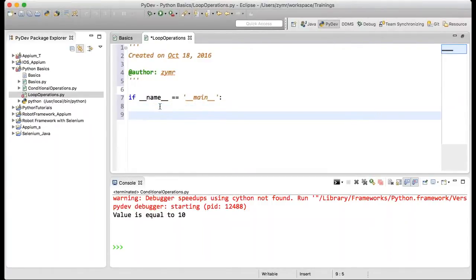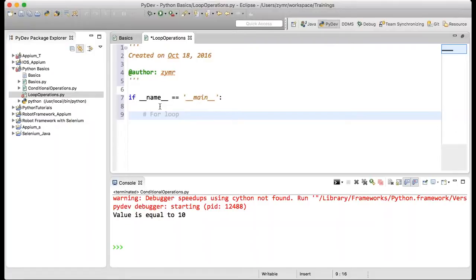Now we have to understand the for loop first. We have to iterate across a set of values and evaluate a particular expression in the for loop.